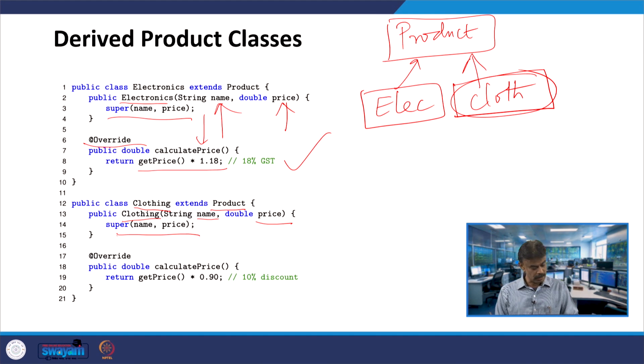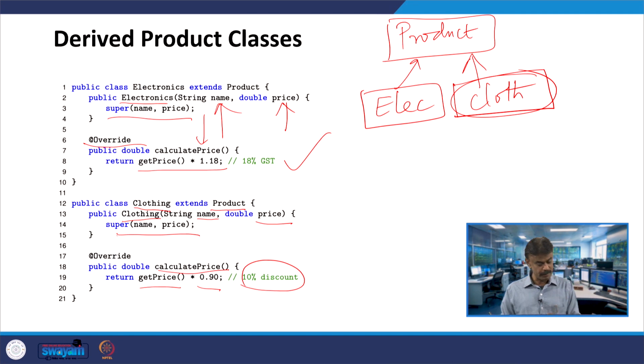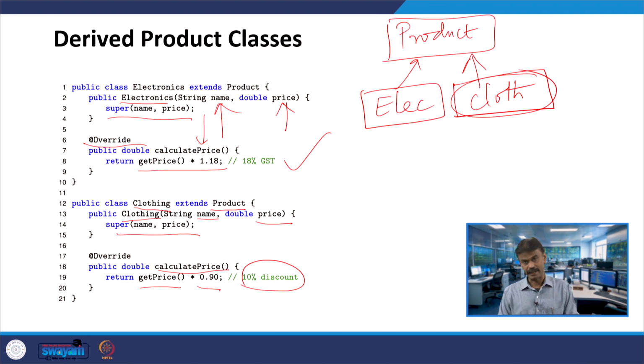And then here also you have the overriding method calculate price. So, if you are having a 10% discount, that is called dynamic pricing. A similar thing we have done in the hotel management system also. So, the get price will be multiplied by 0.90. Get price is over here which is returning price in line number 14, and also in line number 8 you have get price, the same meaning, get price will be called, it will be returning price. So, price will be multiplied by 0.9 because here you have a 10% discount on clothing.